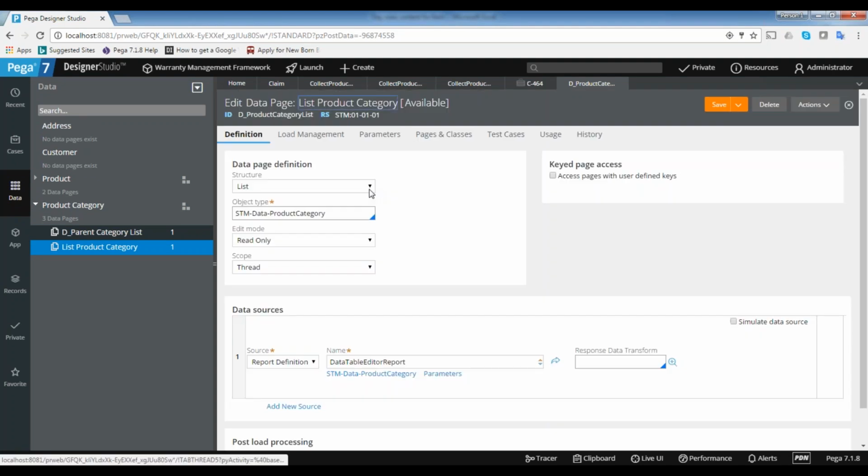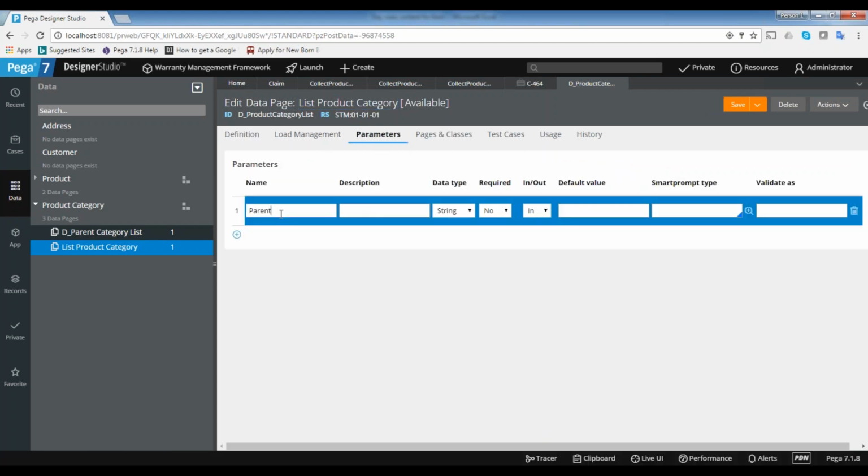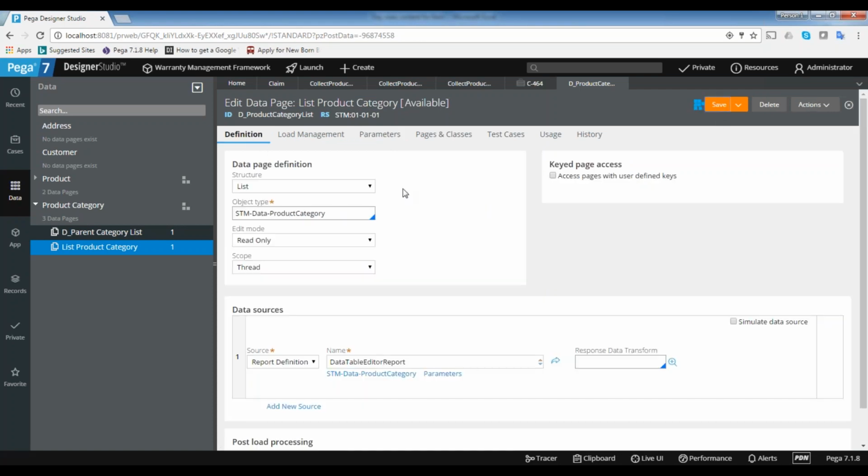Here I need to create the parameters. Here I will case tag parent category. This is a string. But for the database, whatever data we are passing here, the actual source is coming from some other role.